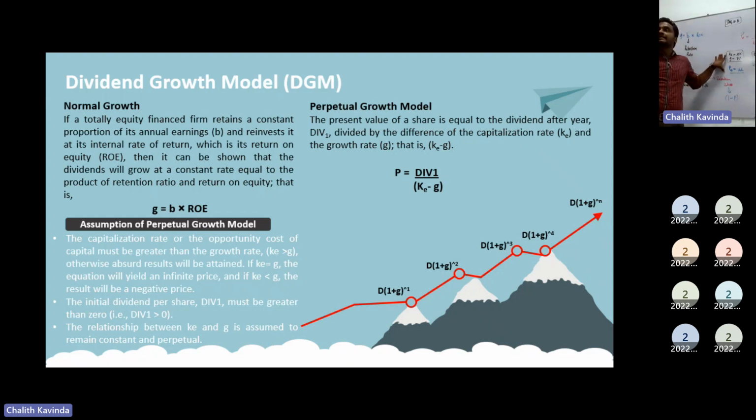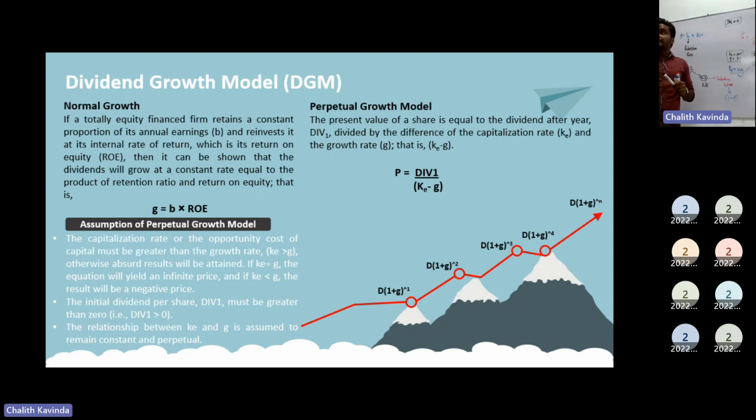Now, which is more practical out of these three? Which is the most practical share price? First one or the second one or the third one? First one. So this is more practical. Can you have a negative share price? Can we say shares are being traded at minus 250? We can't say.